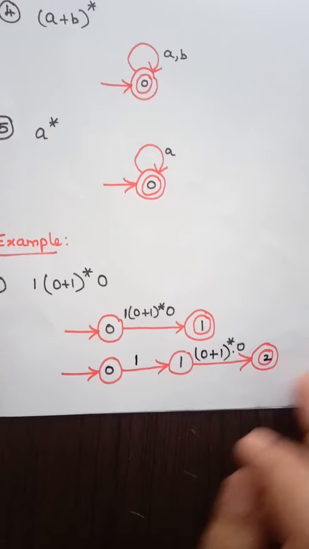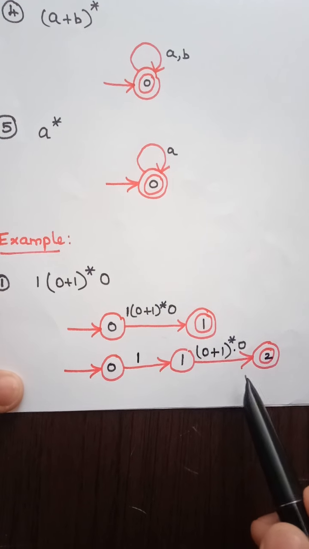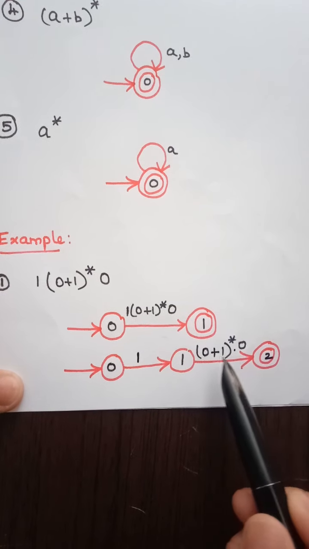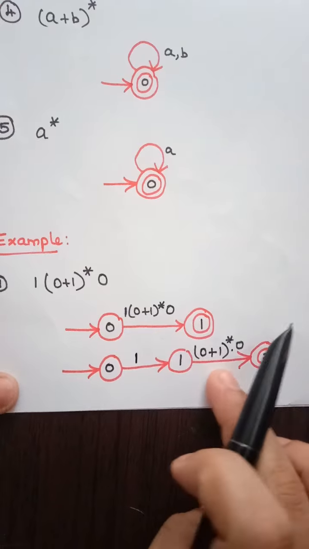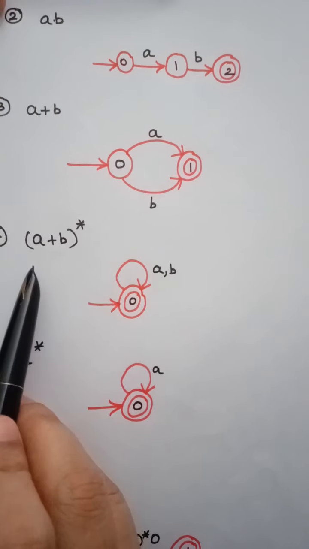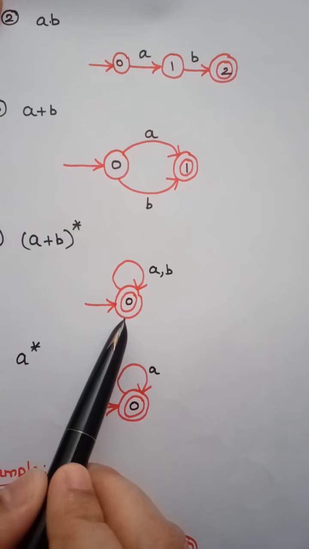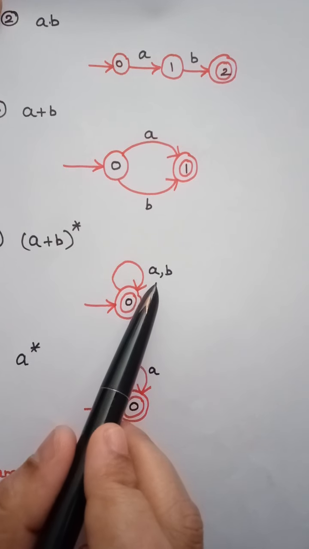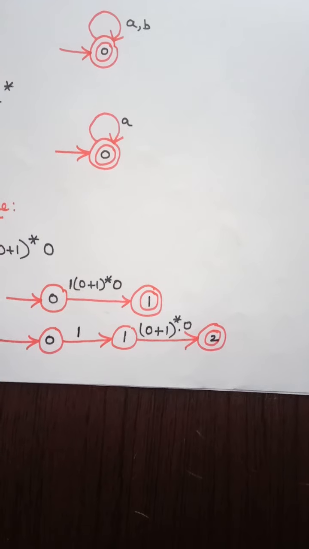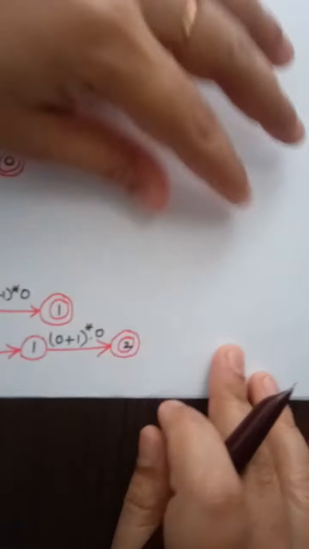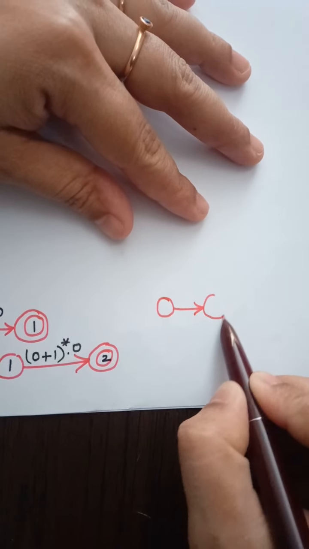Now after converting like this, we have to again convert this NFA by splitting these two terms. Initially here you can see we have (0+1)*, which is similar to (A+B)*. So when (A+B)* is given, how do you have to construct the NFA? This is how you construct it. In the same way, here we have (0+1)*, so what we can do is, here we have one state for the input symbol.